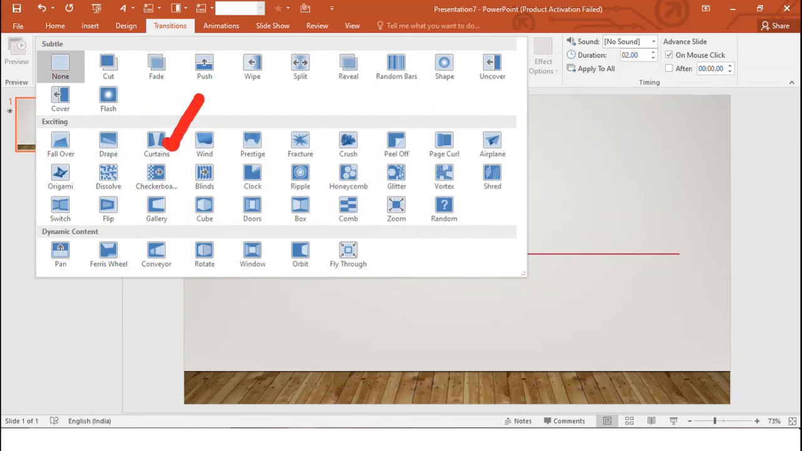That will be subtle, exciting, and dynamic content. In subtle, it's nothing but normal transitions like cut, where it just comes and appears, or fade. The first slide just fades on, or push. The slide which you are seeing goes up, and the next slide comes, or wipe. It wipes the first slide and comes, and split. It splits the first slide and comes,